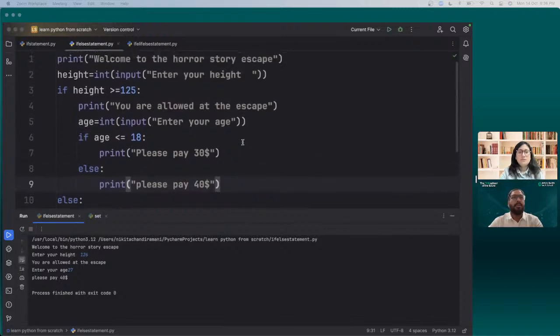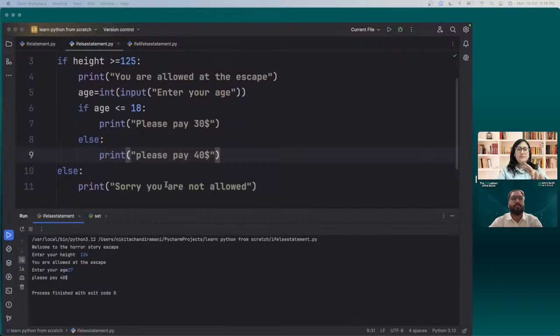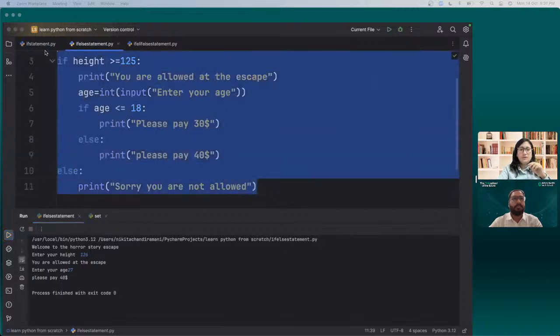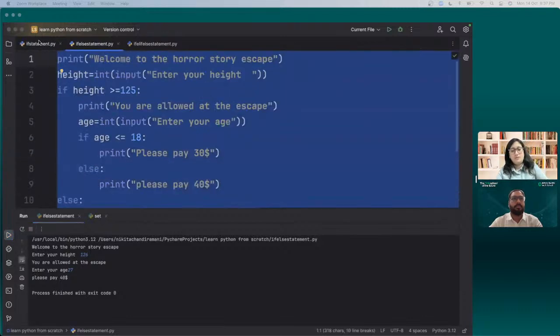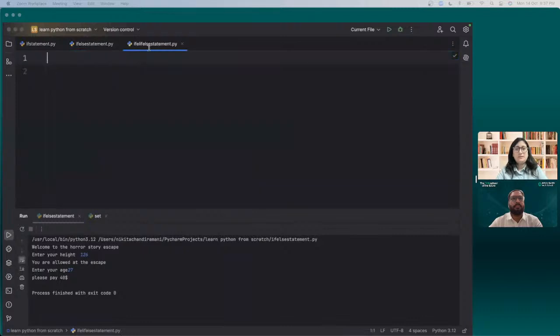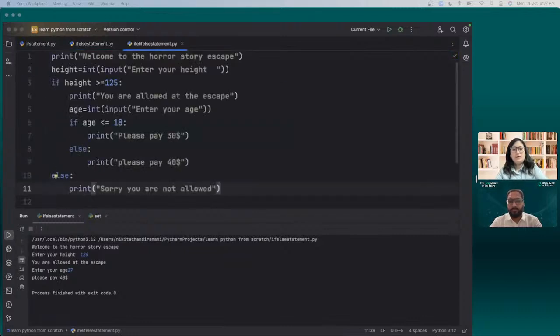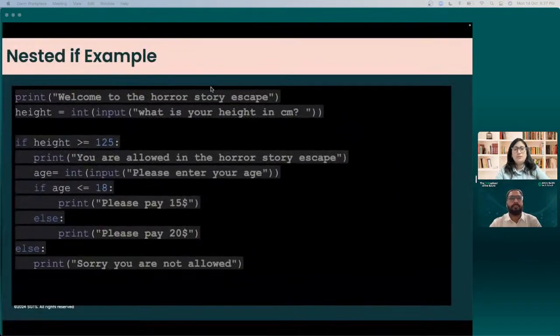Okay, I think one is remaining, that is if elif, so we can cover that as well. Okay, so this one was the thing. Now, since I'm going to introduce another else statement here, I'll have to copy this one and take you to the if elif. So we just place it, and now I'm going to take you to the slide